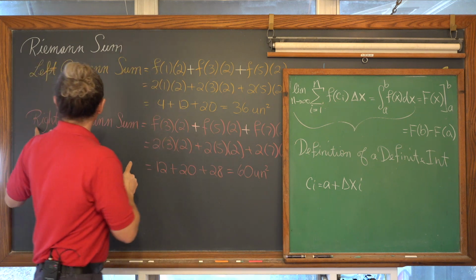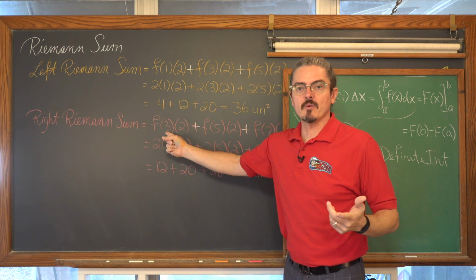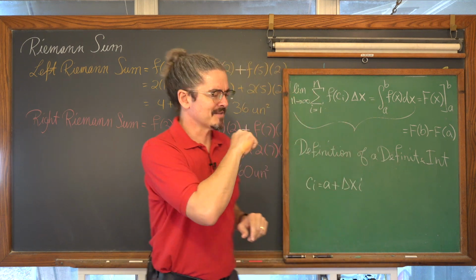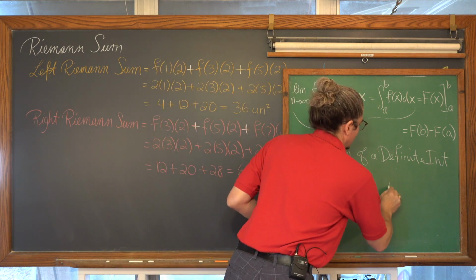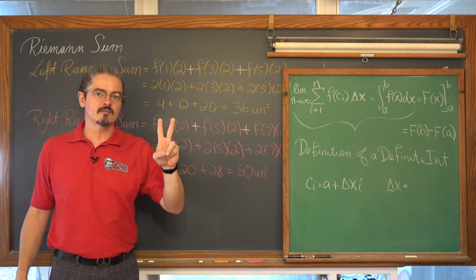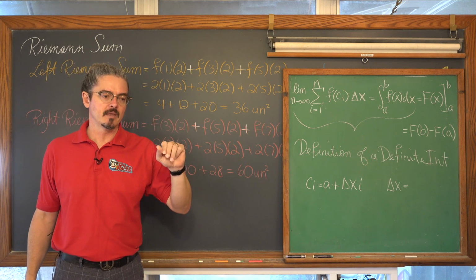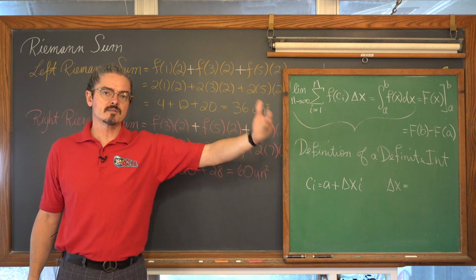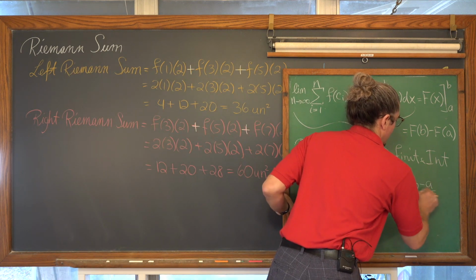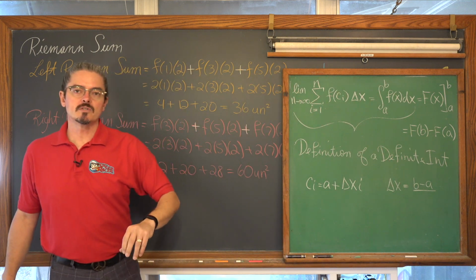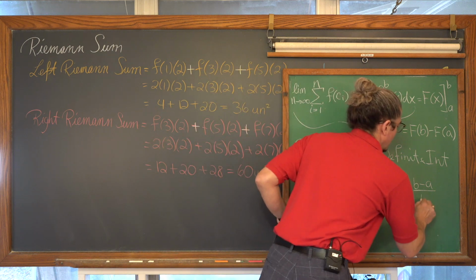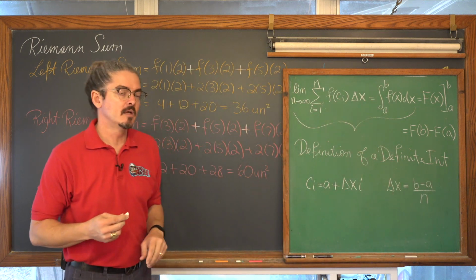Well, with a right Riemann sum, the first x value that we plugged in was 3. We found that delta x, let's do that real quick. How did I calculate the fact that we were going to move 2 units every time? I said the distance between 1 and 7 was 6. Delta x is a difference of b minus a, and then we were going to do a right and left Riemann sum with 3 rectangles, where n is the number of those rectangles that you're working with.